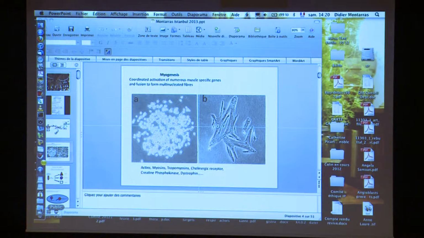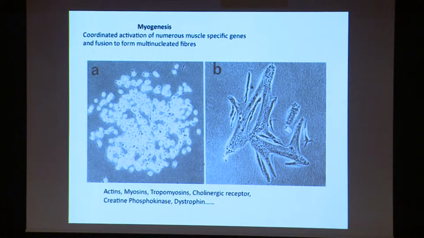Back to the slide. And then just for a point, this is a point back to basic biology, and the questions we were addressing, we are still addressing in some way, when dealing with this type of model, which has been the most popular model for studying myogenesis before we could do more in vivo studies. And there was a very important question, and I think it's very important to point this out to you. That is, this model was extremely fascinating for molecular biologists in the 70s and 80s, because between this